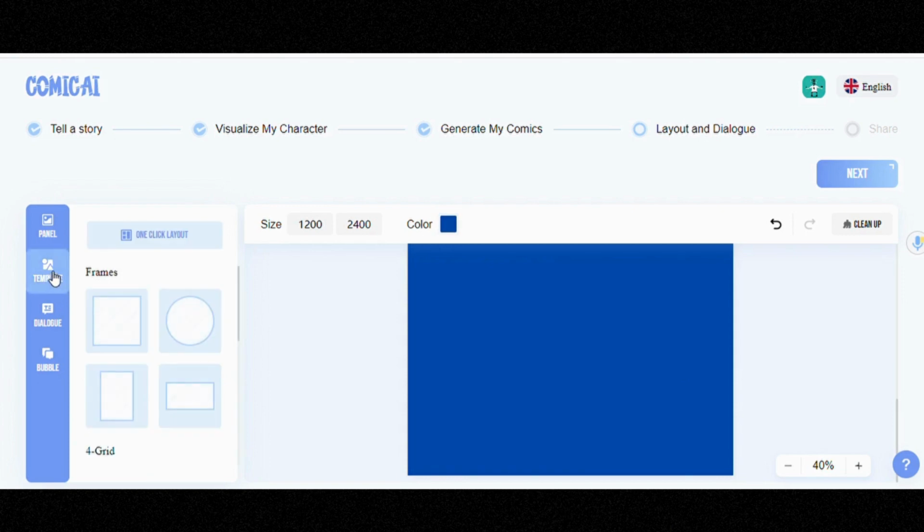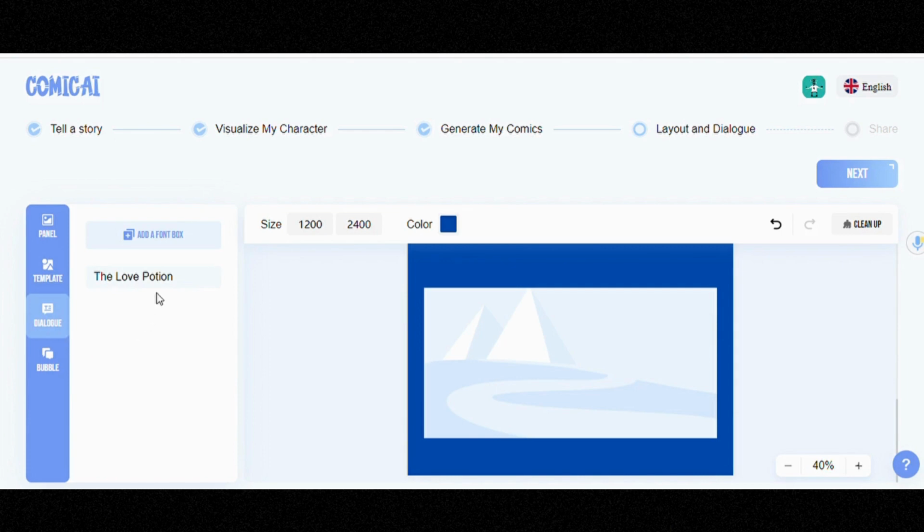Time to create the layout and the dialogue. Choose your base color. Start with the title, so click text. It's all drag and drop. Make your changes. Choose the panel,